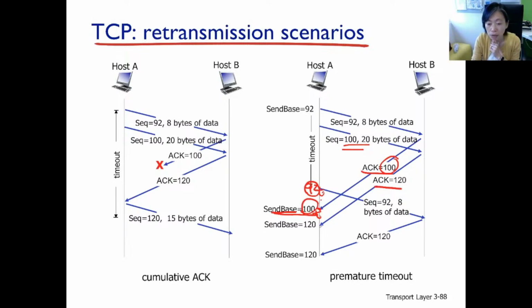When ACK 120 arrives here, we need to change the send base because it was previously 100, and the ACK value y is 120, bigger than 100, so change the send base and slide the window over. Do we stop the timer or restart the timer? Well, there's no more outstanding packet because there are no more calls coming from above. So, stop the timer right here.